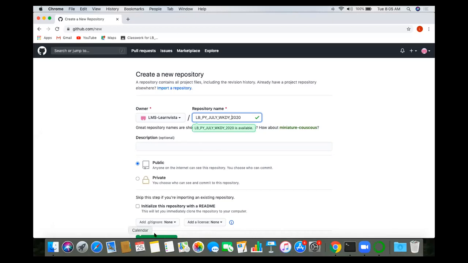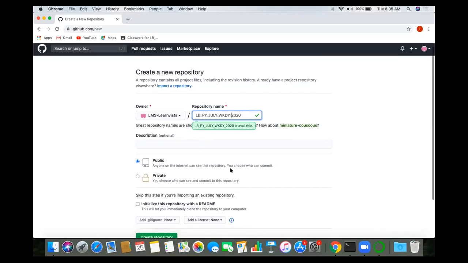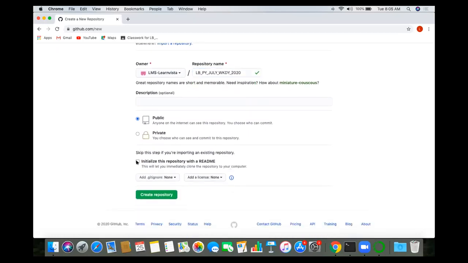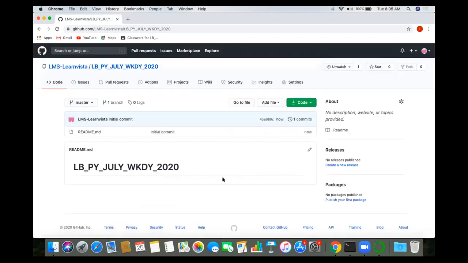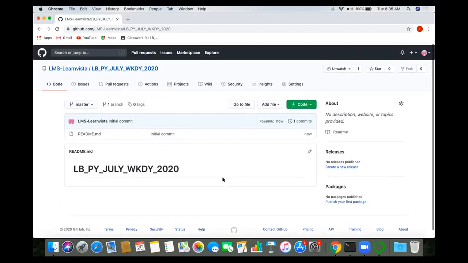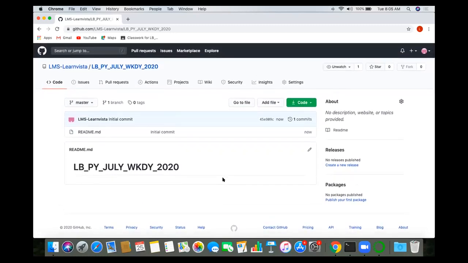Okay, so I'm creating this repository. I'll keep this public and let me initialize it with this, create repository. So what I will do, I'll create a folder with everyone's name.